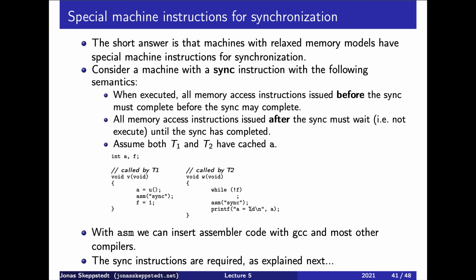How can we expect that the parallel program can work if both the compiler and the CPU are allowed to reorder memory accesses? The answer is that machines with a relaxed memory model must have a special instruction for synchronizing memory accesses, meaning that the programmer can insert such instructions when it is required that all previous memory accesses must be completed before the program can continue after this synchronization